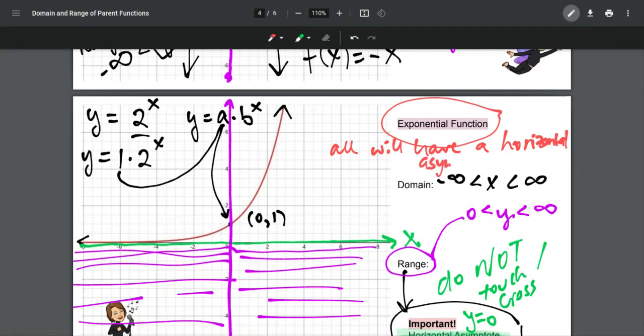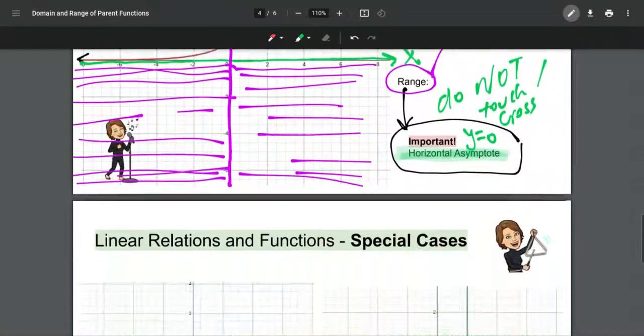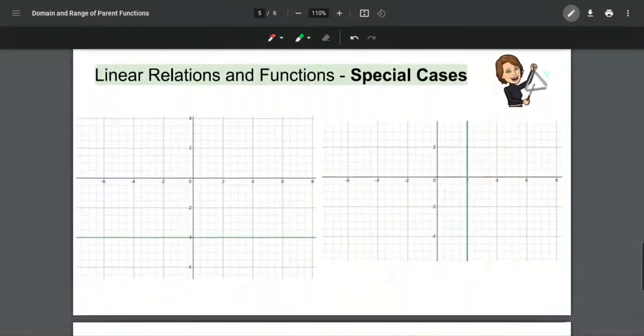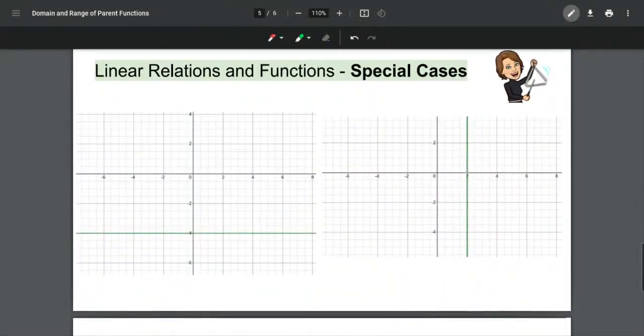And you have to remember that, because that will be what determines your range. Okay. Now, special cases. Let's just look at linear relations versus functions right quick, and then the domain and range